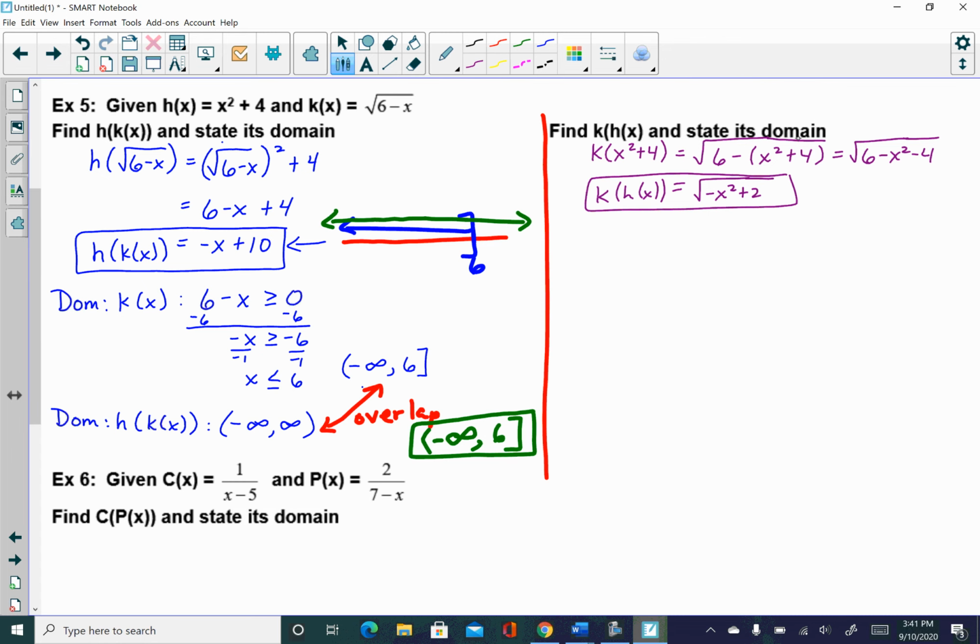Now, finding the domain, look at your interior function. So the domain of h of x, back over here. Here's your h of x function. This is a parabola. It doesn't have any restrictions, right? So domain of h of x, negative infinity to positive infinity. The domain of the result,